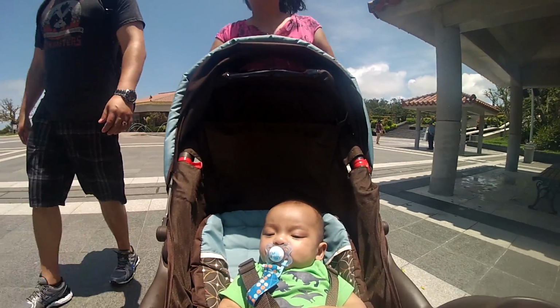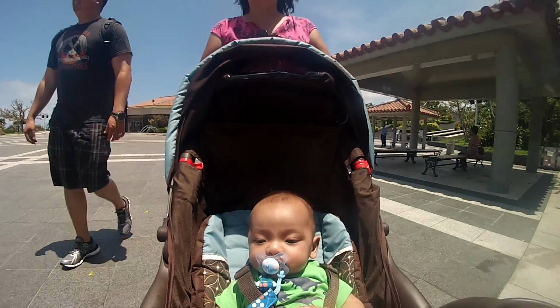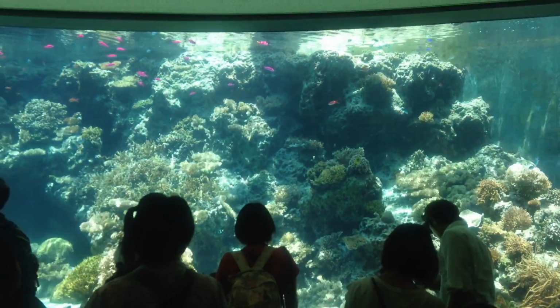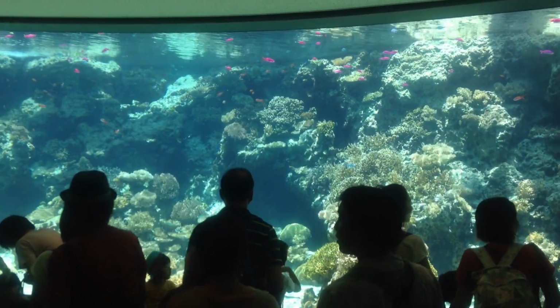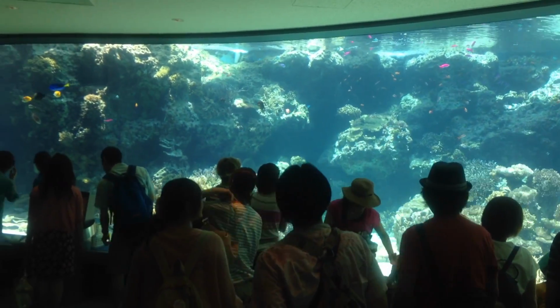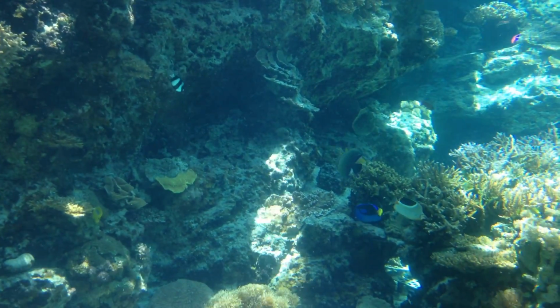Alright, so after a brief walk, we found the entrance to the aquarium. And the way this works here, I guess it's kind of the way the tour starts. It starts you off, you get to handle marine life found on the beach. I didn't record that because I've done that before in a previous video last year. So I'll start you off with the first fish tank that we saw. And the way it works is